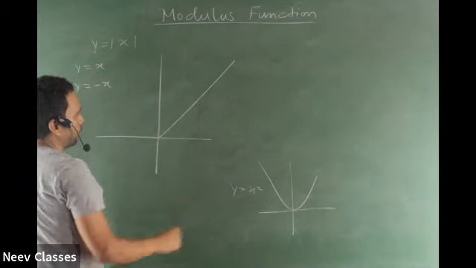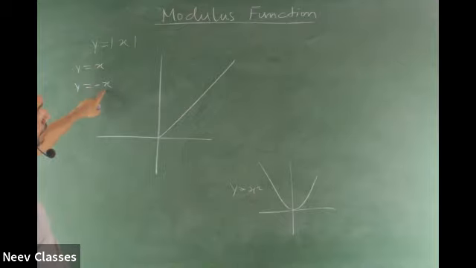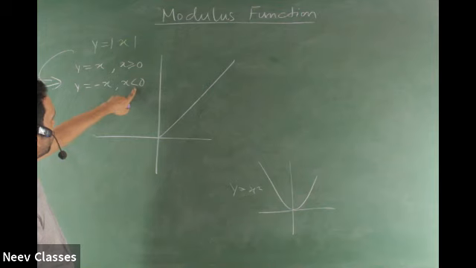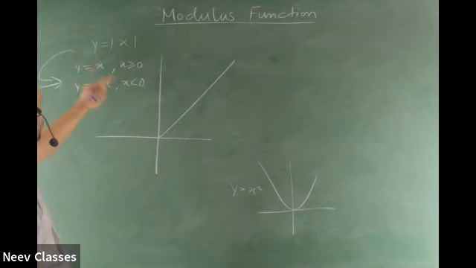When does it behave like the y is equal to minus x graph? When x is negative. When x is say minus 1, the mod will be 1. So I can say that the answer would be minus of minus 1, because x I am putting as minus 1. So minus of minus 1 will become plus 1, right? So sometimes they write this graph as this, and they will say for x greater than or equal to 0, and for this, x is less than 0. You could have put a less than or equal to for this one and greater for that one, but you should give the credit for 0 to one of them.